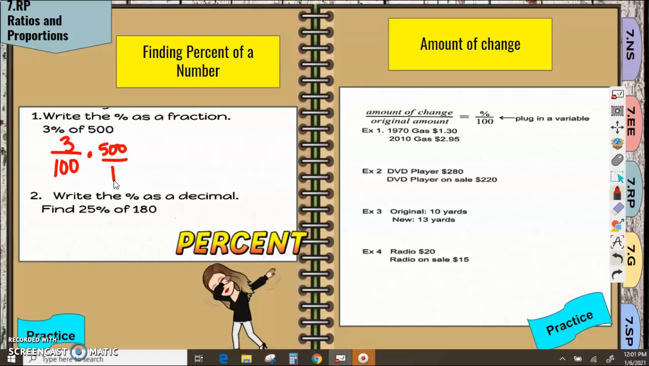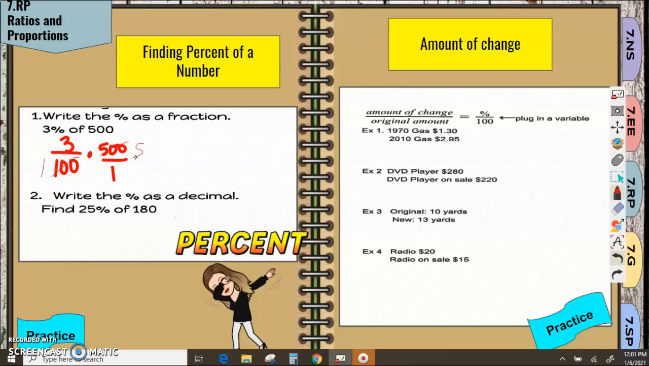500. And anytime I have a whole number that I want to turn into a fraction, I just put it over 1. I give it a 1 for a denominator. So I have 3 over 100 times 500 over 1. So now I need to simplify before I multiply. I know that 500 and 100 are both divisible by 100. So that leaves me with 1 on bottom